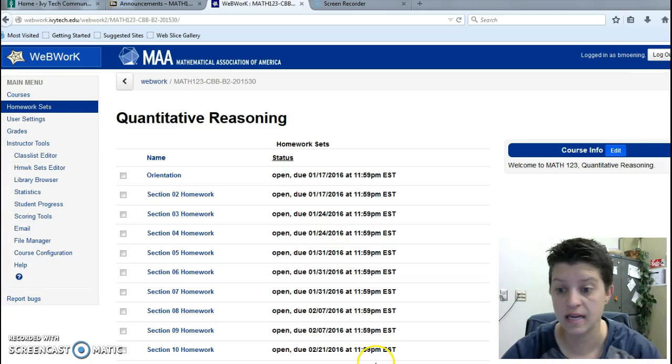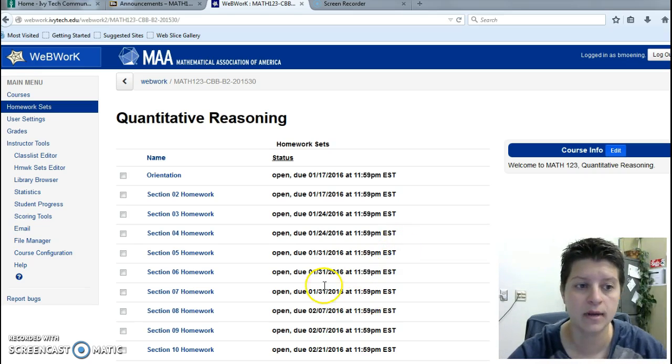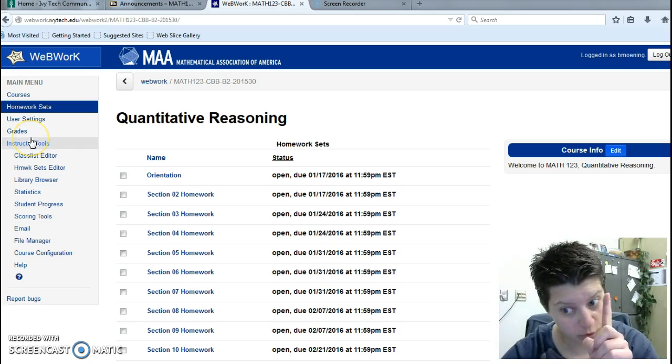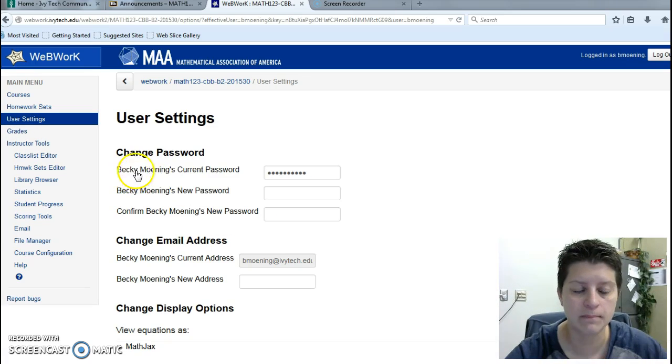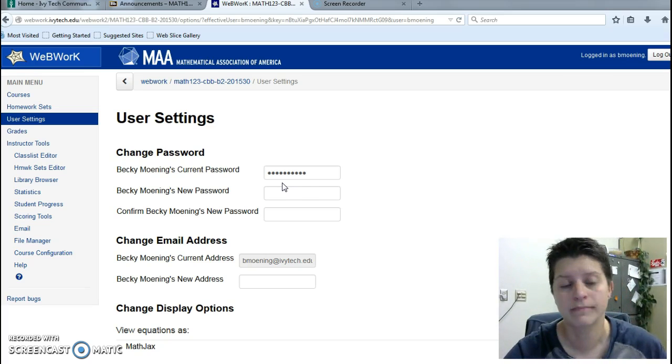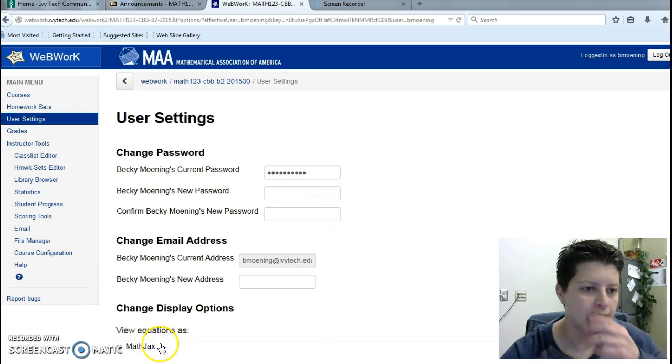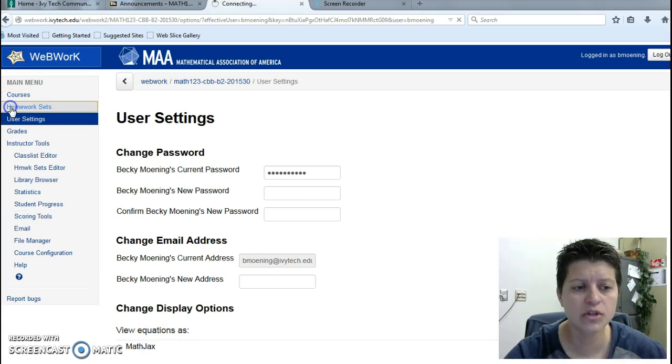Now this is exactly what you're going to see when you log in. You're going to see all of the homework listed down with the due dates. But the first thing you want to do, change your password. So you want to go to user settings and you'll see Becky Menning's current password, and then you're going to want to change it because otherwise everybody who knows your username, B Menning, can get into your Webwork, which maybe you don't care, but maybe you should. So change your password,